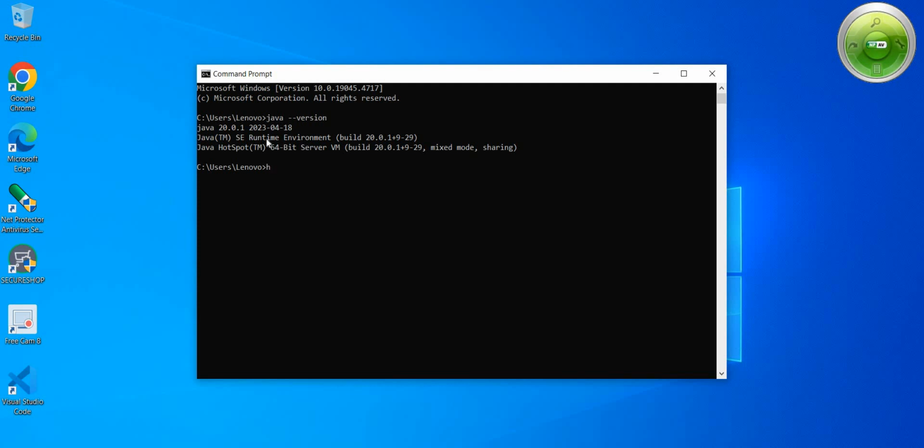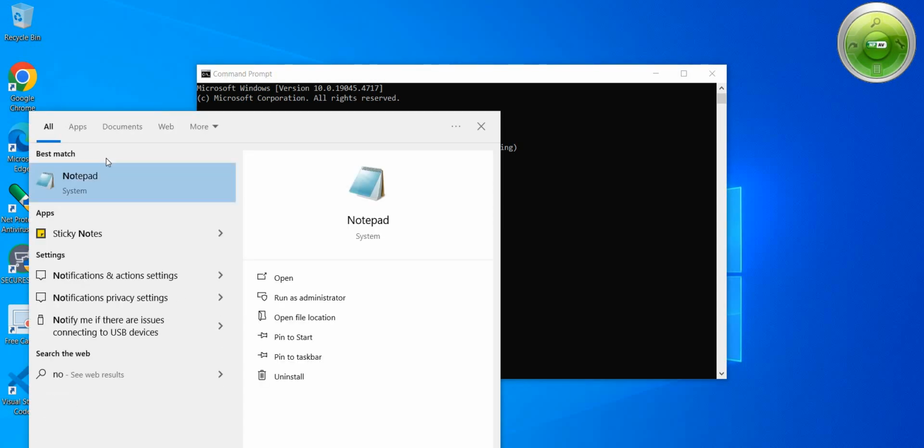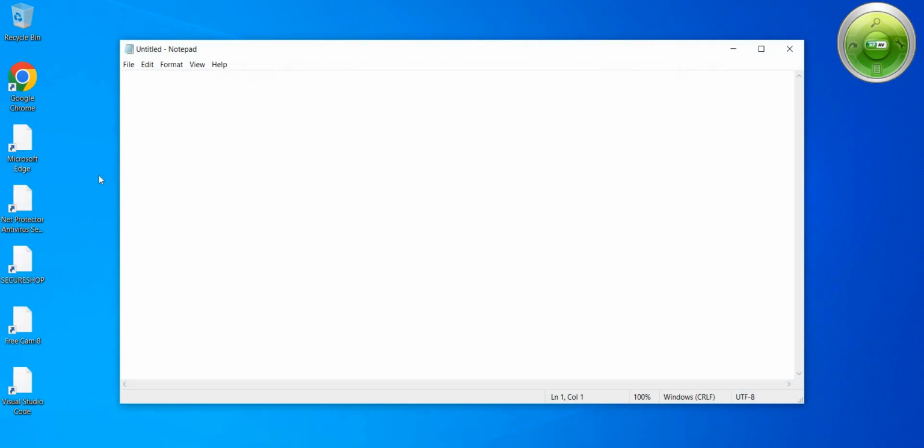So we have to create the hello world program. First of all, open Notepad. Once you open Notepad, then you can write the Java program. First of all, how to write the Java program? We create a class which is Hello, and in this class we create our main method, which is public static void main, and in this main method we pass the String type of array. So the String array should be passed here to our main method.